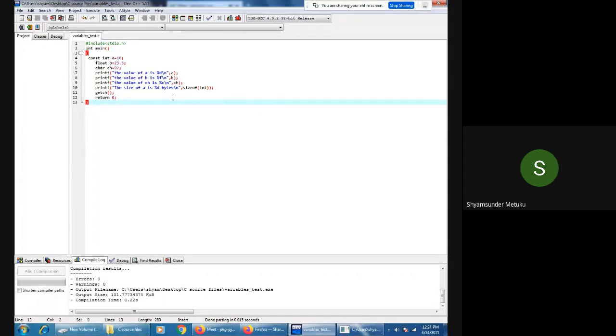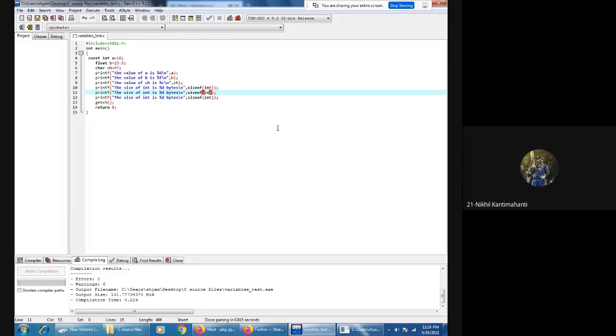Okay, fine. So then what I will do is, instead of a, you should write sizeof int. Size of int is. Similarly, I'm trying to write 2 more statements. Now, can anybody tell what is the change I'm supposed to make in the next 2 printfs? Sizeof, in place of int, what am I supposed to write? Char. Yeah, float and char. Float, and the second one is char.